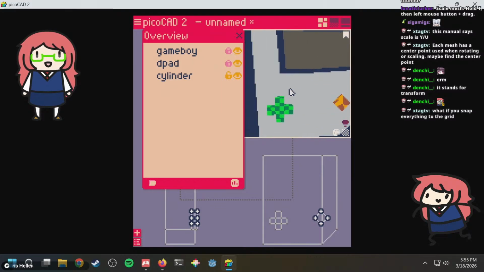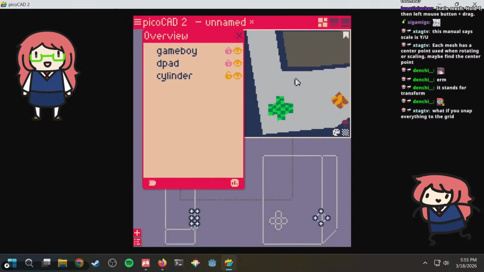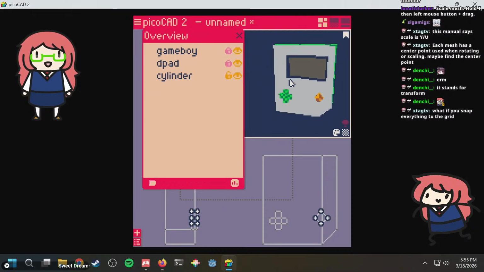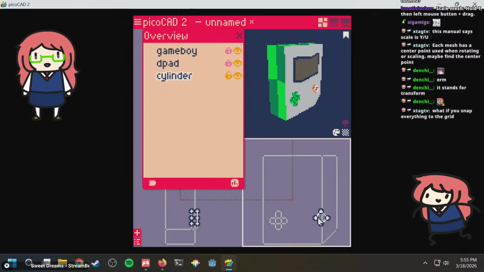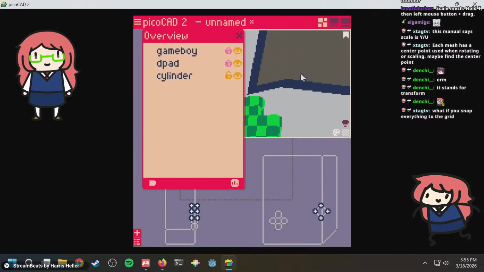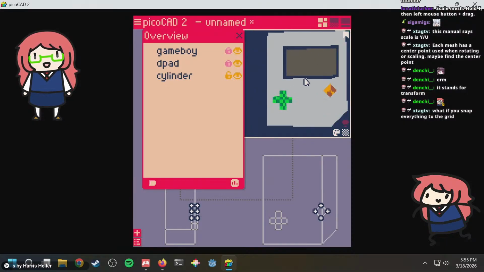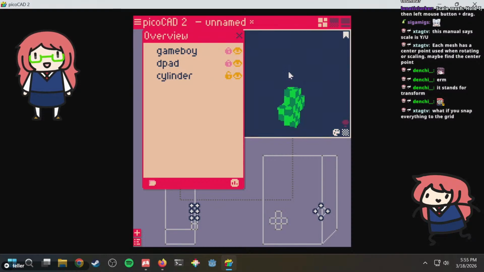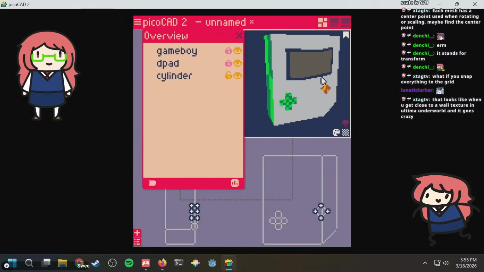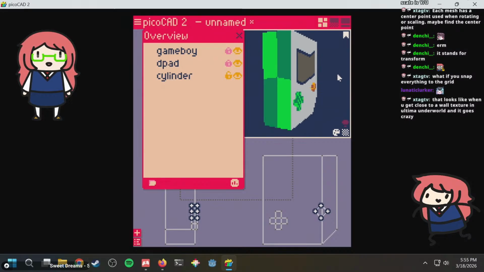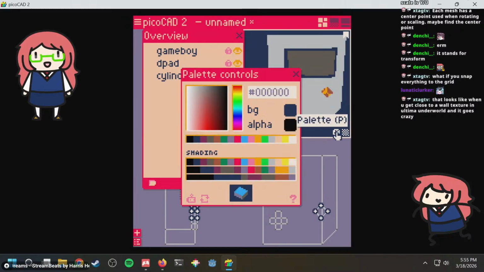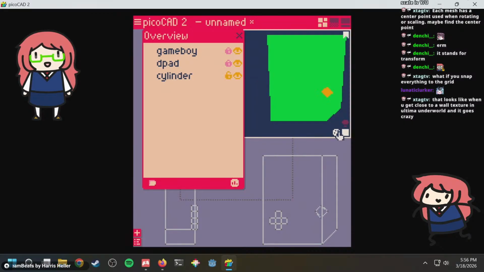I also feel like there's something messed up about this. Why is it doing that? What is that? Whatever, surely it's fine. Surely there's no problems with whatever this is. Did I assign this to the inside or something? Am I looking through and it's on the other side of this? No. Why is it doing that? Looks like when you get to a wall texture in Ultima Underworld, it goes crazy. Maybe the camera projection is weird. I don't know. Anyway,